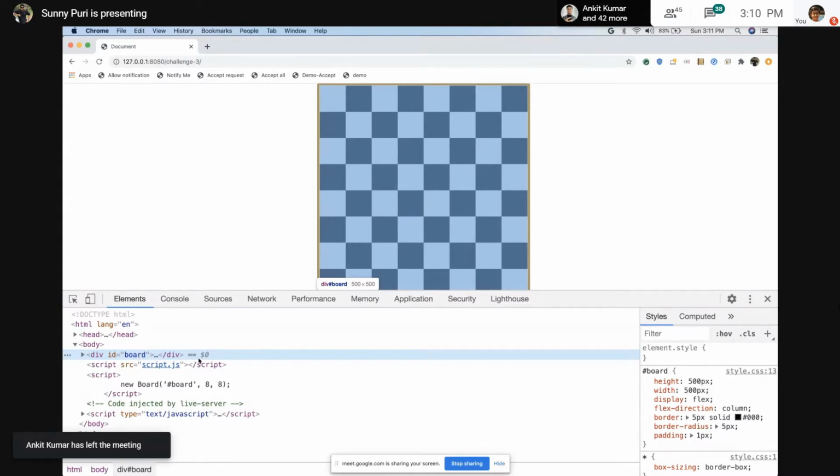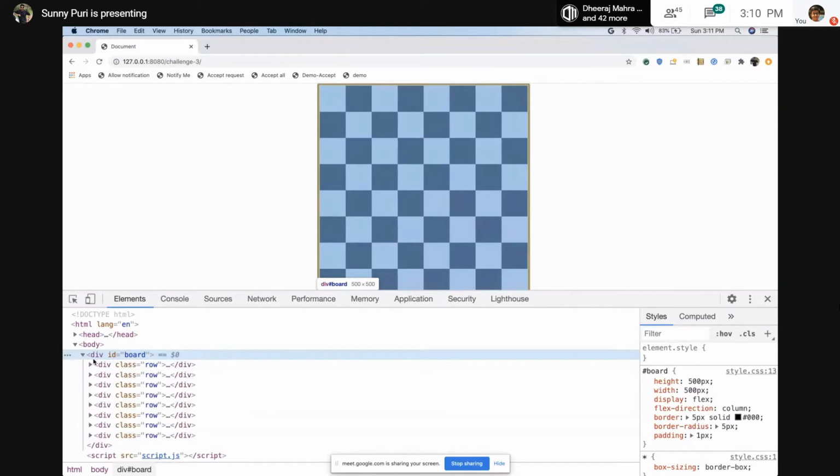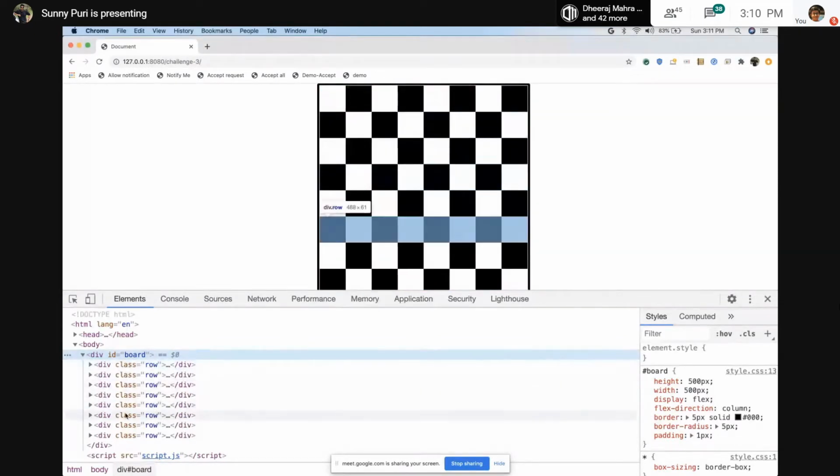We have display flex. If you're not aware of flex, go and read about the flex properties. It's awesome. It saves a lot of lines of CSS code. Why have I given display flex? If you click here, we have these rows, and we want these rows stacked in the vertical direction, not in one place.